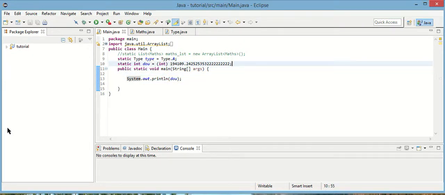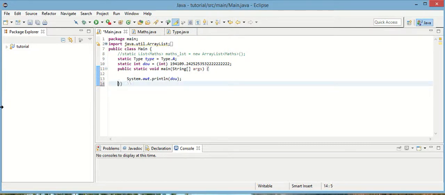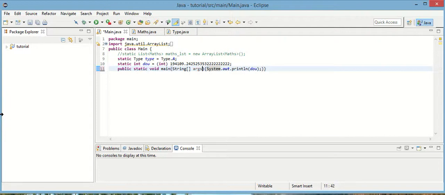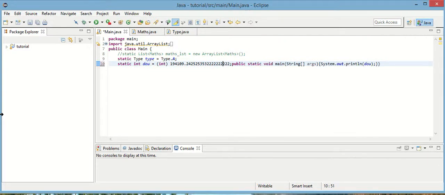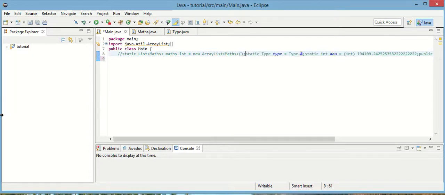So, as you can see, I have all these indentations, and everything is on a separate line in my code here, but you do not have to do that. If you do this, even, I can make my entire thing be one line and it'll still work perfectly. So just indentations and stuff is to make it look better and more readable, but if you don't want that, then you don't have to